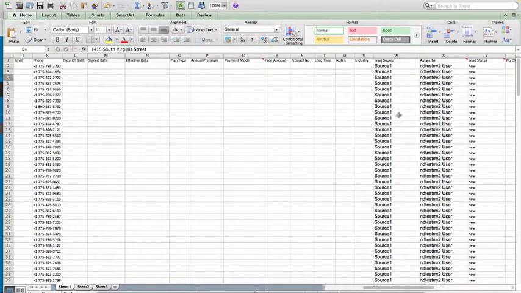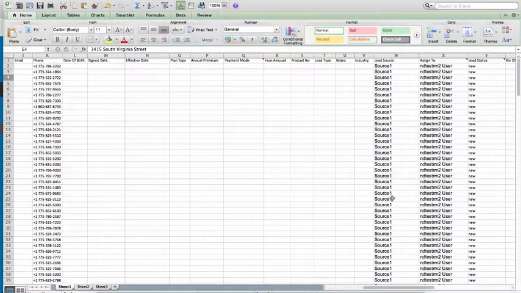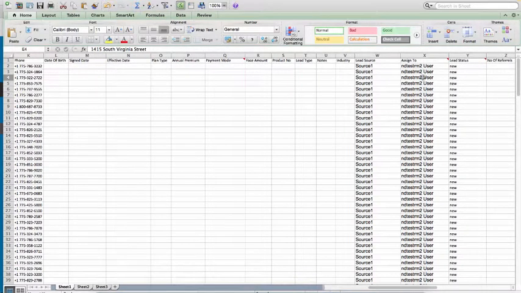So if you notice here, I've got source 1 throughout here for these leads. Now, this source 1 is just an open source for me. But like I said, if you're using new leads, you want to track where your sales are coming from. So this is very, very important to fill out. Who they're assigned to, which is your user information,